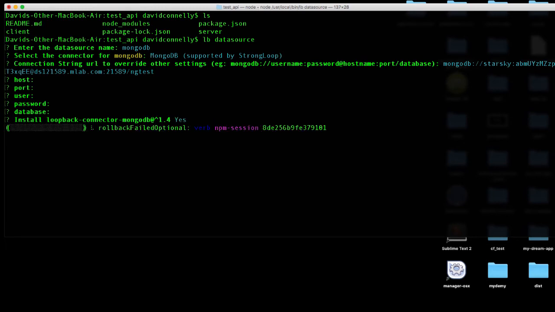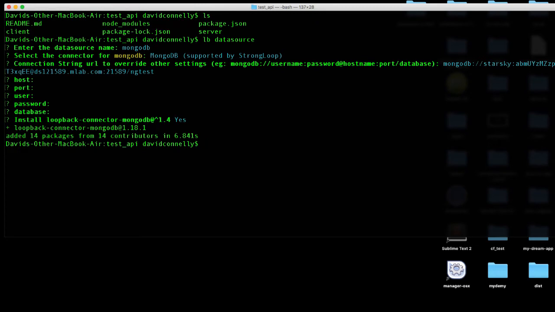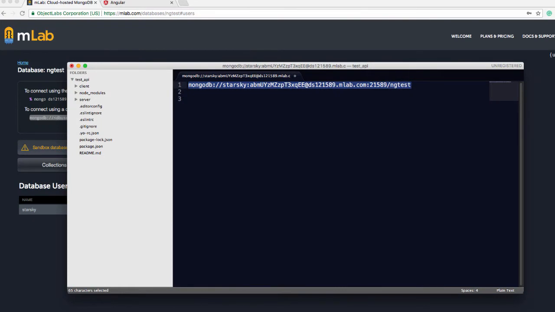Okay, now the reason why I was hitting return is because it's all in the connection string, so there's no need to repeat all of that stuff. So there we go, it's installed the MongoDB connector, everything is good, hip hip hooray. So now, let's open up our API again in your favorite text editor and open up